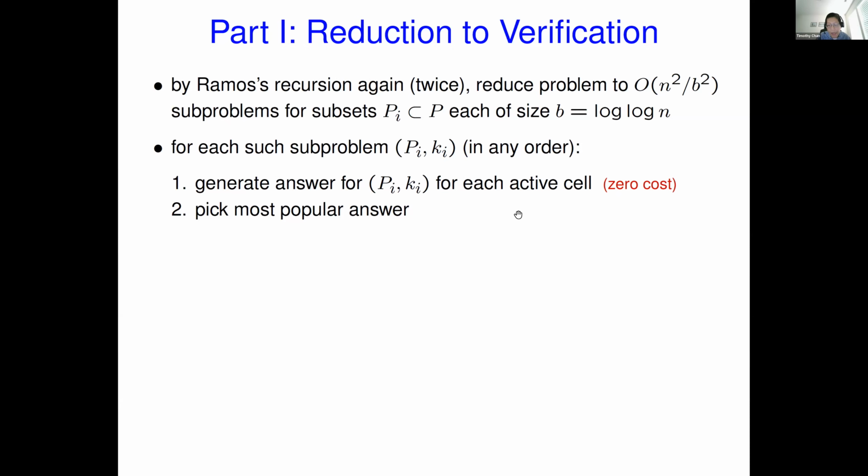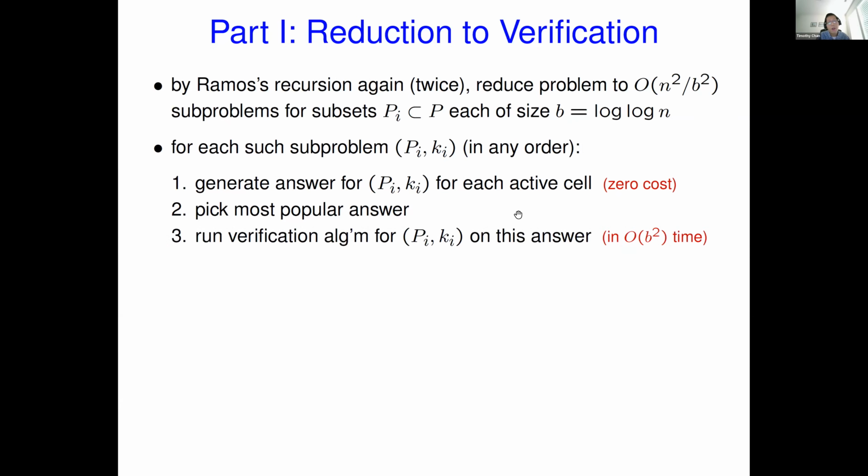Okay. And we're going to run the verification oracle on this answer for PI. Okay, so now this is going to cost us something, and by our assumption, the runtime is b squared. Okay, and now if the answer is yes, then everything is good. So we have the answer. Okay, but if the verification algorithm says no,